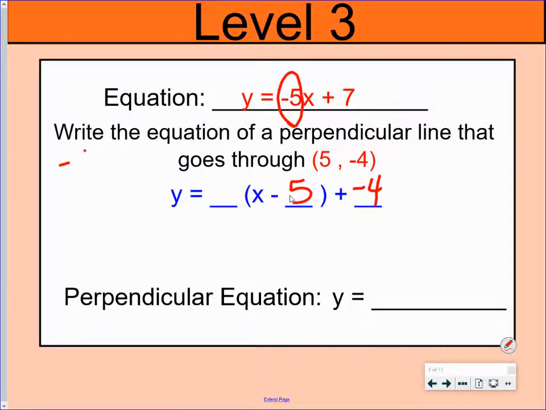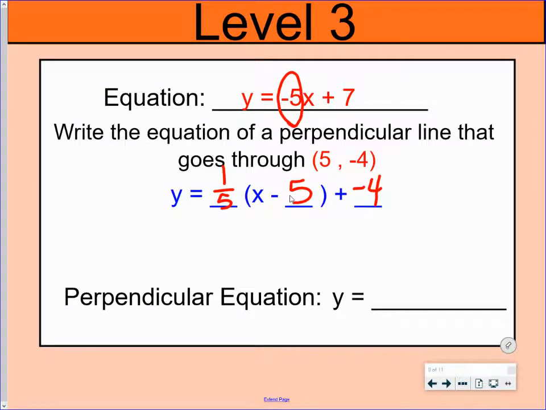What is the opposite reciprocal slope for my perpendicular line? Well, the opposite would be positive, and 1 over 5 would be the flipped over, because we know that this could be written over 1 like that. So the slope of this new perpendicular line is going to be 1/5. So we're going to go through now and